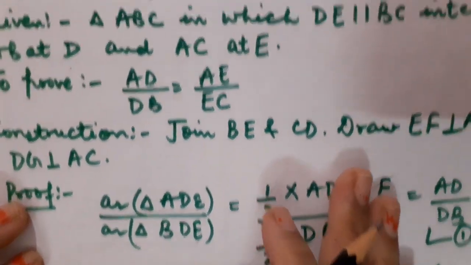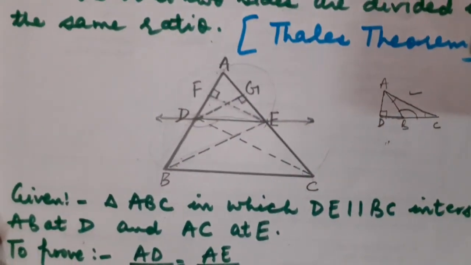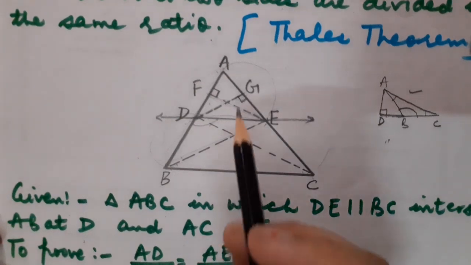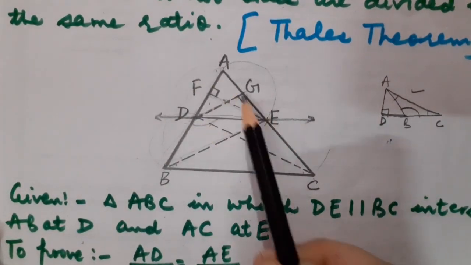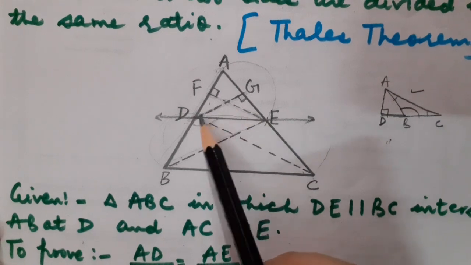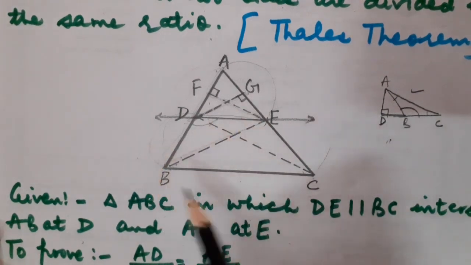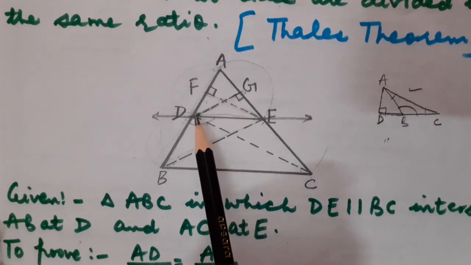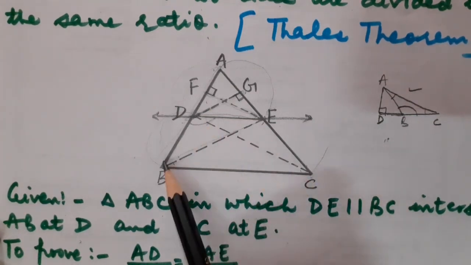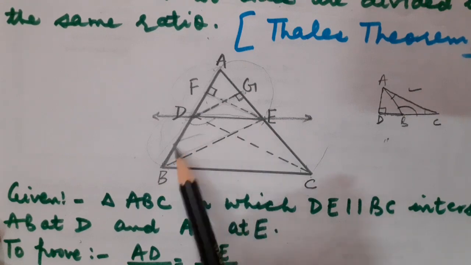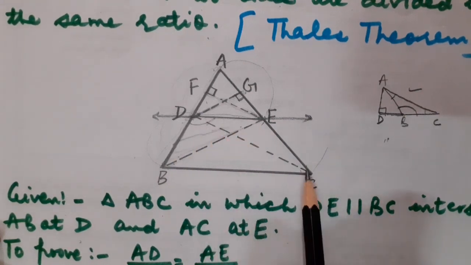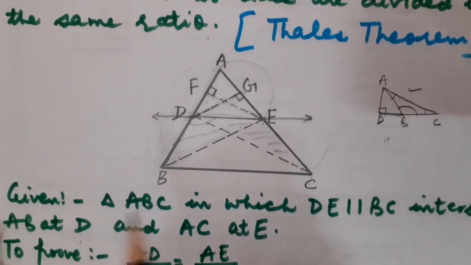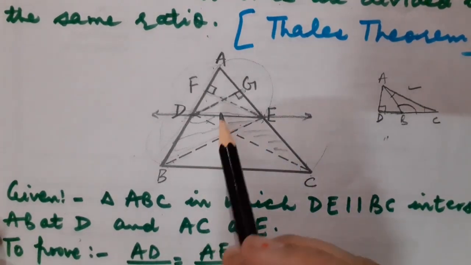In the same manner, children, now I am going to take another pair for the ratio, that is again ADE, while considering DG as the perpendicular. Now can you guess which one will be the obtuse angled triangle? Correct. Earlier I took BDE, this part. Now I am taking DEC, this part. So let us calculate the area.